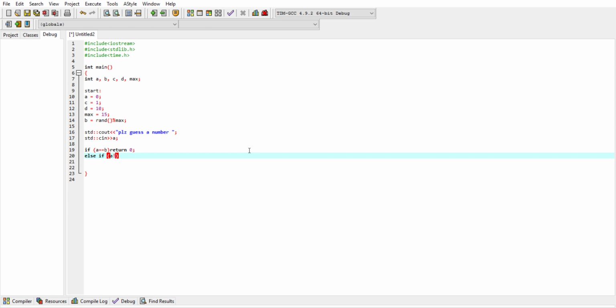If A does not equal, and this little piece here means does not equal, and this means does equal. So you should probably memorize the difference if you're starting to write your own programs, or if you already are writing your own programs, you'll obviously know that. So A does not equal B,